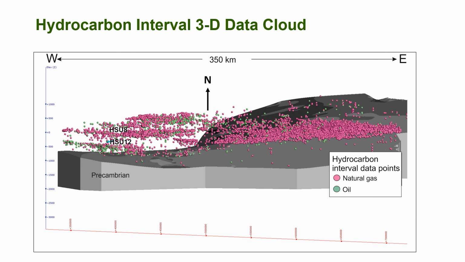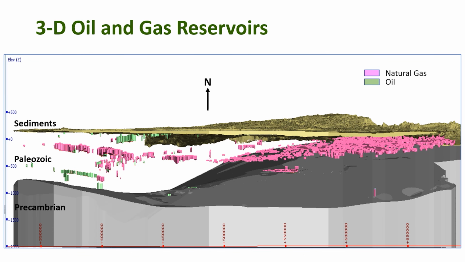This map is a 3D data cloud showing the reported depths of hydrocarbon intervals, oil and natural gas reported from petroleum wells, and the gaps correspond to aquitards that are preventing and inhibiting the flow of hydrocarbons in the subsurface. This slide shows a 3D view of oil and gas reservoirs in the subsurface of southern Ontario in the model, pink being natural gas and green being oil. The view is looking north, and you're seeing all the reservoirs that have recorded production of oil and gas in